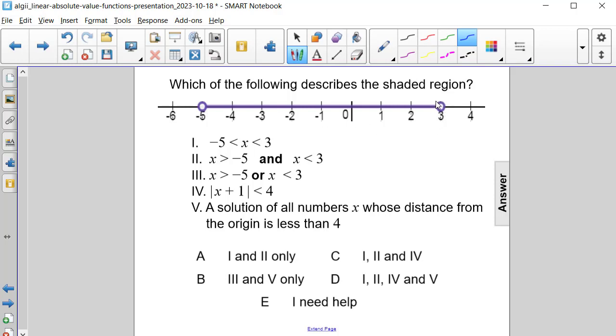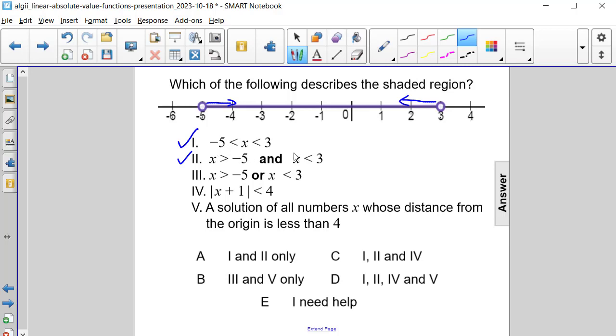And from +3, we shaded to the left, so it's less than +3. And then we shaded to the right of -5, which means it's greater than -5. So Roman numeral 2 is definitely true, and so is Roman numeral number 1, because you can take the and